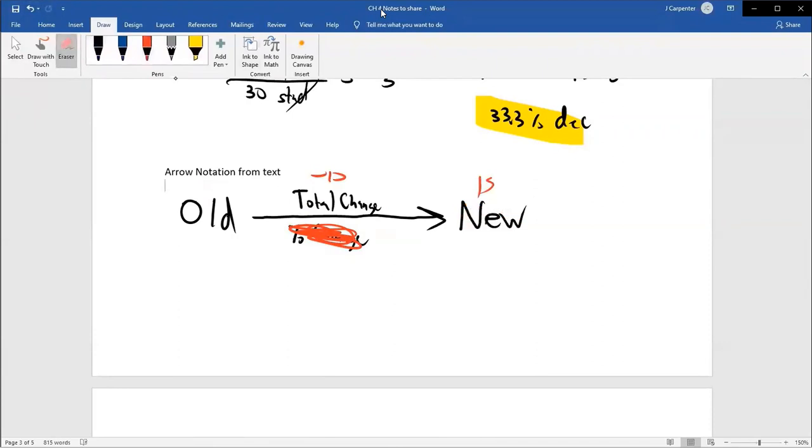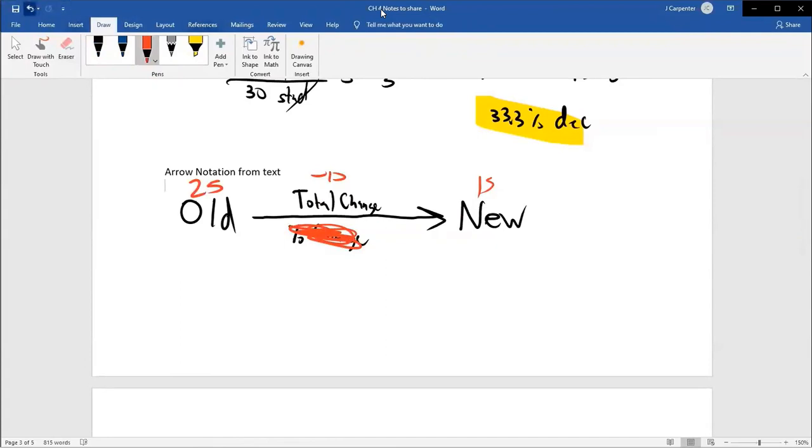Thank you. I could give you the total change and the new and ask you to figure out the old, but it works backwards. If we know the new is 15 and it dropped 10, that means whatever this was, you're subtracting 10 to get 15. It's kind of like an algebra problem. That means to go backwards, you have to add it. 15 plus 10 would give you 25. And if you don't trust that, 25 minus 10 is 15.